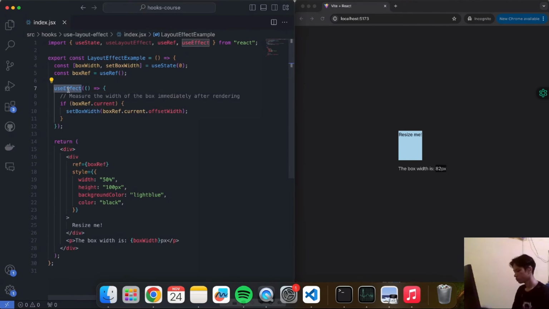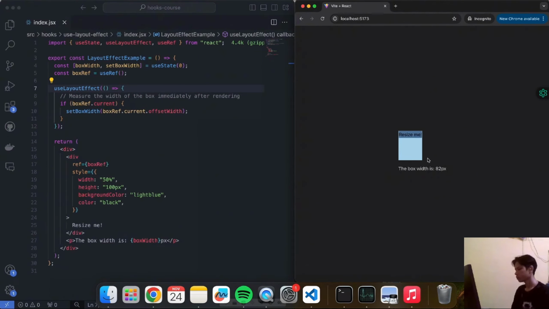But a useEffect is called after all of that is already on the screen. So technically, for a brief second, if we refresh this and it's rendering for the first time, if we're using useEffect, it wouldn't have the information accurately for the box width until this ran, and then it sets the correct information. So this is all that the useLayoutEffect does. It just runs before the useEffect. It runs in that small gap between the DOM existing and having its changes and the UI being painted into the screen. Now, it is good, like I said, for doing stuff like getting sizes or positions for a DOM